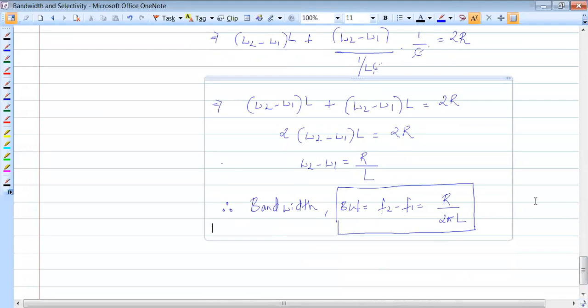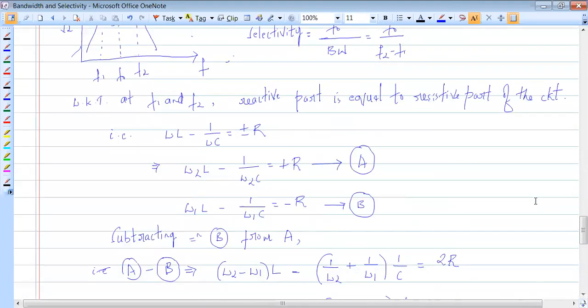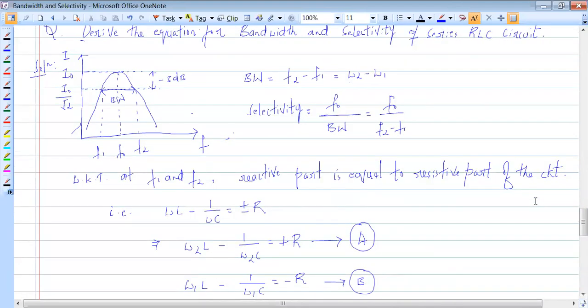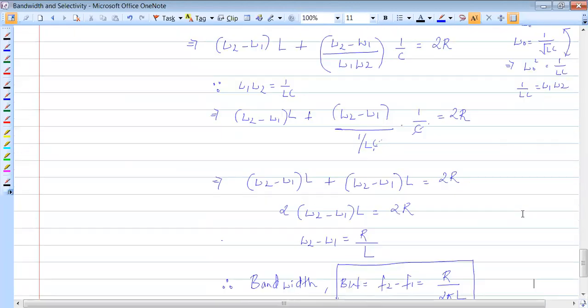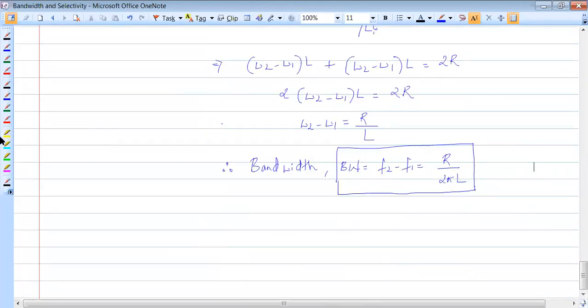Now, with bandwidth obtained, we are yet to obtain the selectivity, which is given as f0 by f2 minus f1. What is f0? F0 is the resonant frequency, and f2 minus f1 is bandwidth, which we just have obtained. Okay, so selectivity